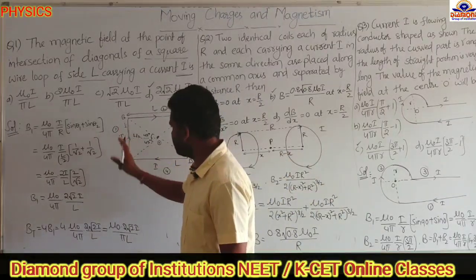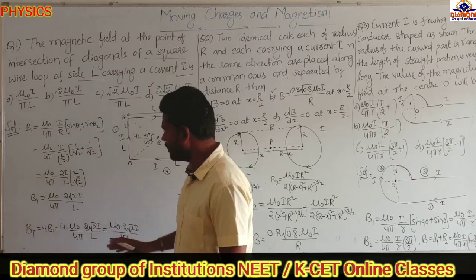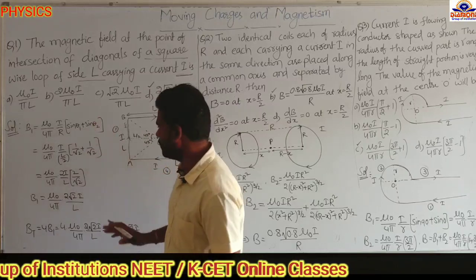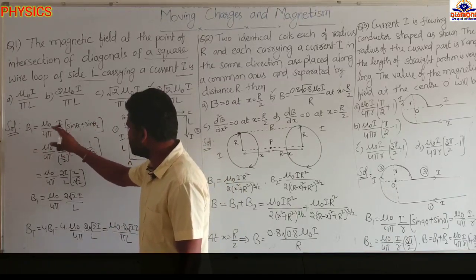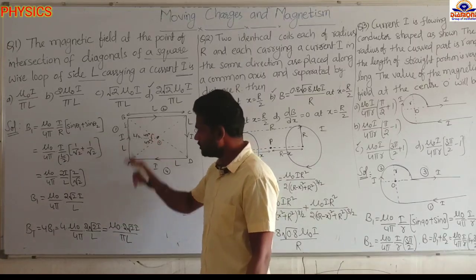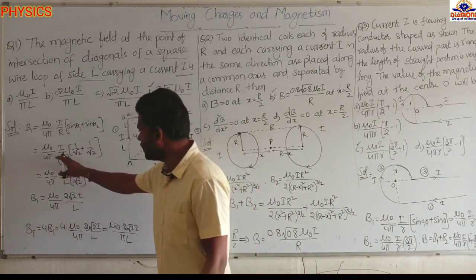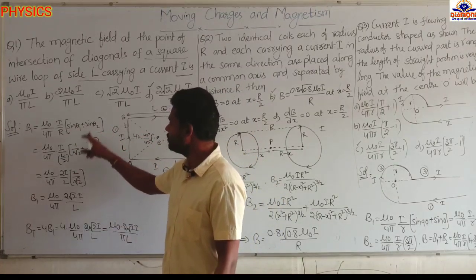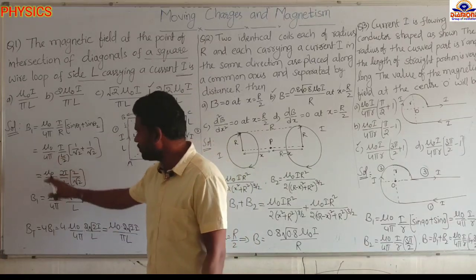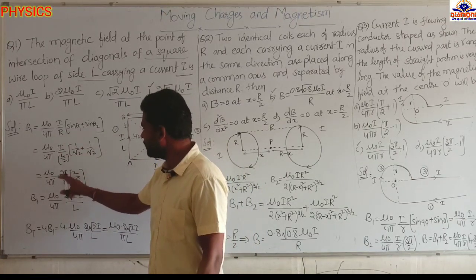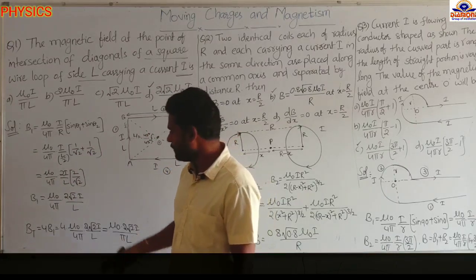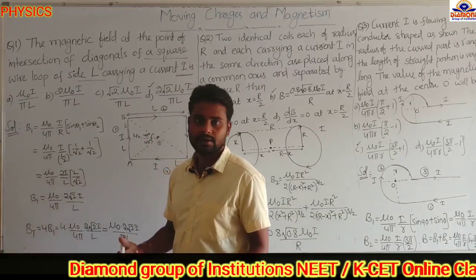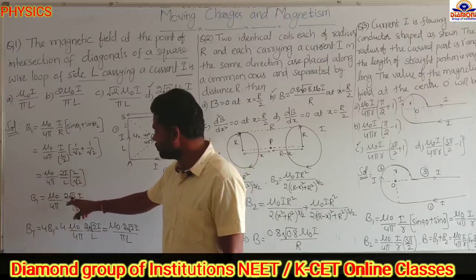So the magnetic field at this point due to the first wire is B1 equal to mu naught by 4 pi into I by R into (sin theta 1 plus sin theta 2). This is the formula. Now R is nothing but the perpendicular distance of the point from this wire. How much perpendicular distance? L by 2. Sin theta 1 is 45 degrees, theta 2 is also 45 degrees. So substitute here sin 45 is 1 by root 2, sin 45 is 1 by root 2. Simplify: mu naught by 4 pi, L by 2, the 2 will go upside, 2I by L, into 1 by root 2 plus 1 by root 2, which is 2 by root 2. Then mu naught by 4 pi into 2I by L into 2 by root 2, we can write 2 by root 2 as root 2. So here we will get 2 root 2 I by L.